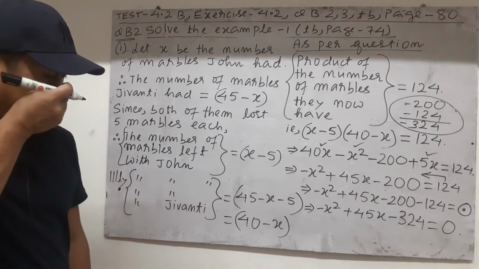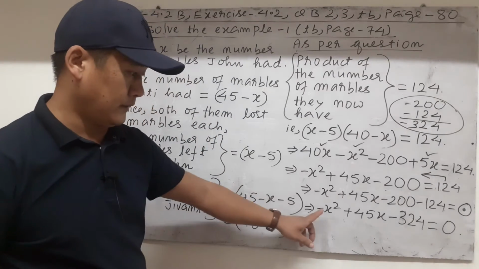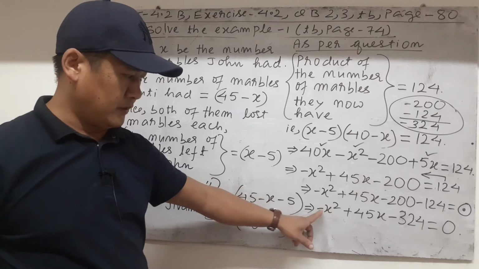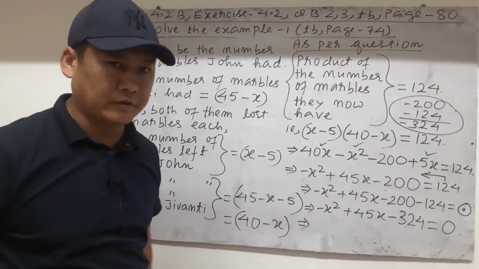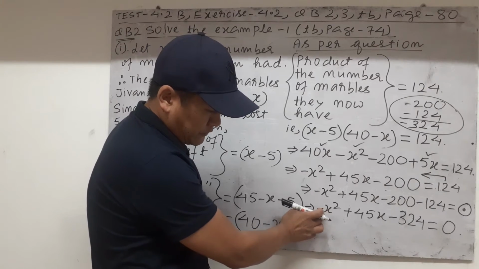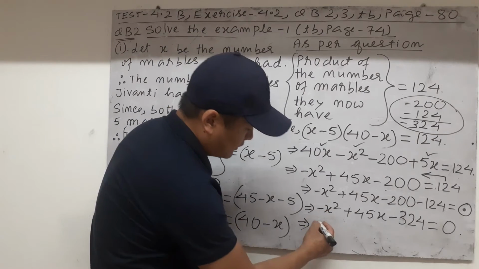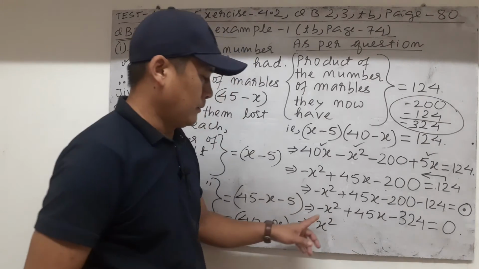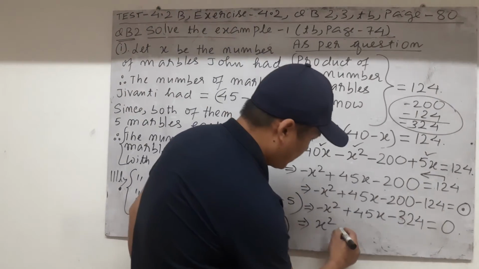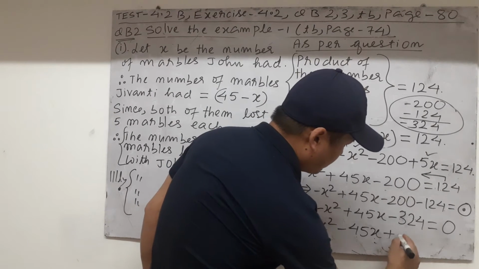Now, as we have been saying previously also, if the first term, the x squared term, is negative, that's fine, we can solve like that also. But we found out that if the first term remains positive, it's easier to deal with, so let's change it, which is possible. Minus can be changed to plus x squared, but the condition is if you change this, everything else will change. So plus 45x will become minus 45x, minus 324 will become plus